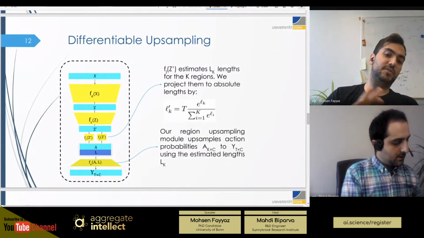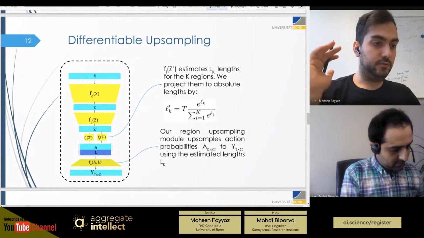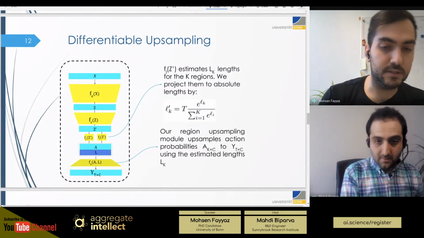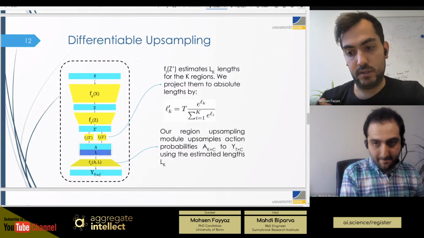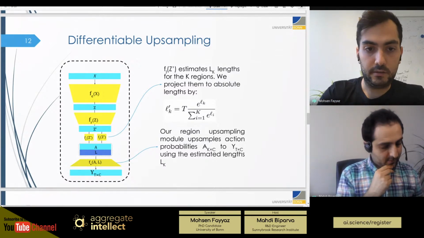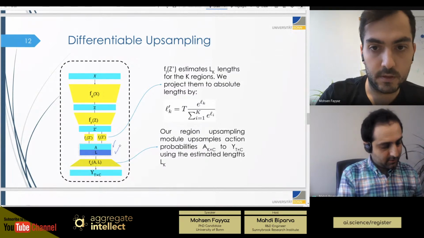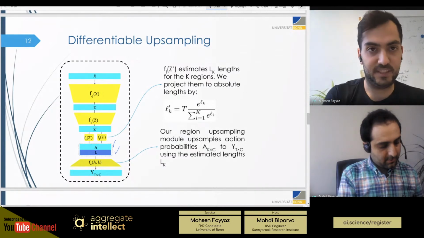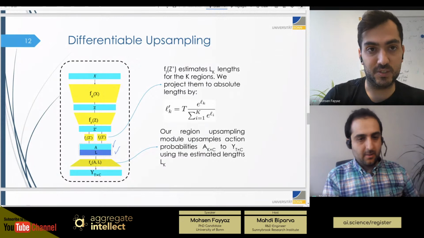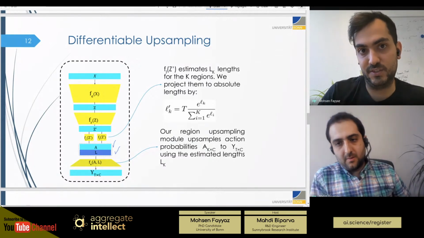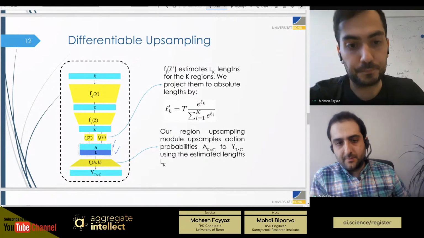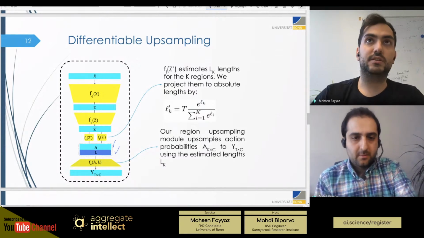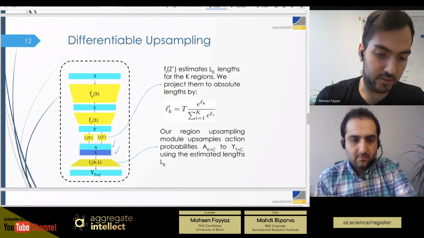So we say, okay, we have divided the video into K temporal regions. We have also predicted some action probabilities and temporal action lengths for these regions, which we call A and L. So we have them. However, we still don't have a representation that we can use alongside our supervision, which is a set of action probabilities. So what we do here is we have a region upsampling module, which is also another contribution of this work, which is